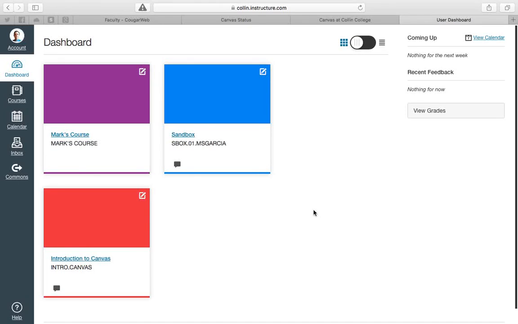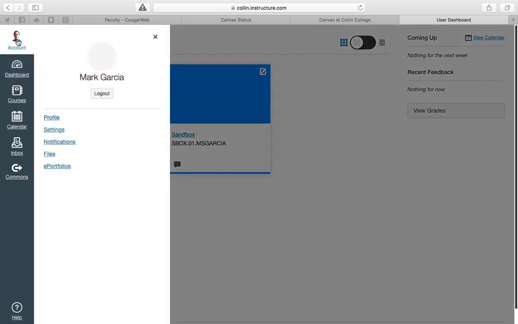So in this tutorial, I want to talk about notifications in Canvas. In the last tutorial, you'll recall that I took us to the account panel and I chose profile or settings, and I set up different ways that students or faculty members could contact me if they were involved or engaged in my course. Now what I want to talk about is how we can restrict the frequency of communication